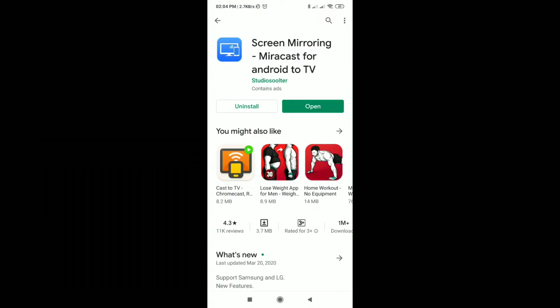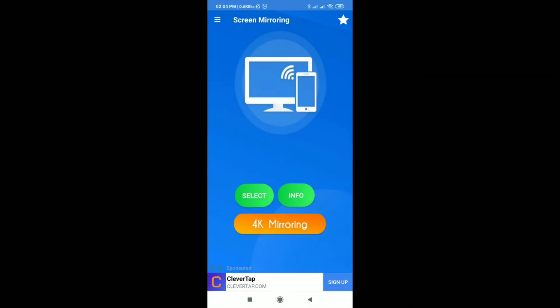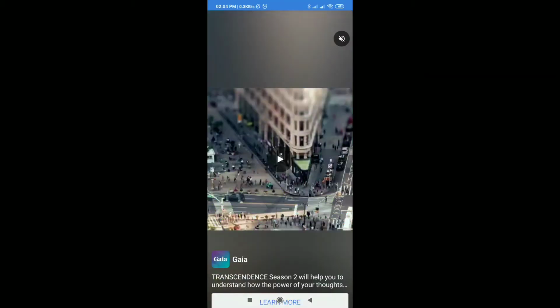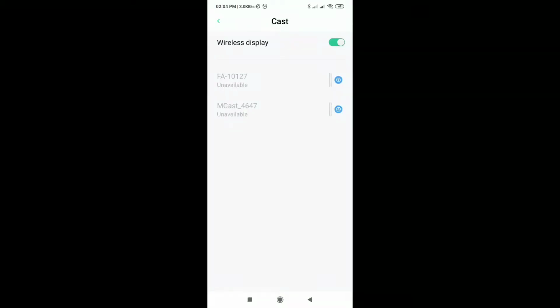So here we are in our mobile and we will download one application, Screen Mirroring. After downloading this, we can see this interface, and a 5-second ad will come first, so we will skip this ad. After that we can see our computer name here and we will tap that computer name and